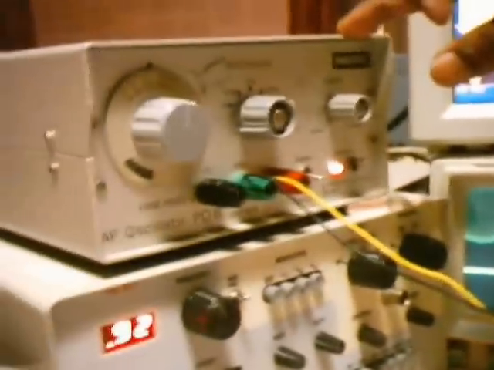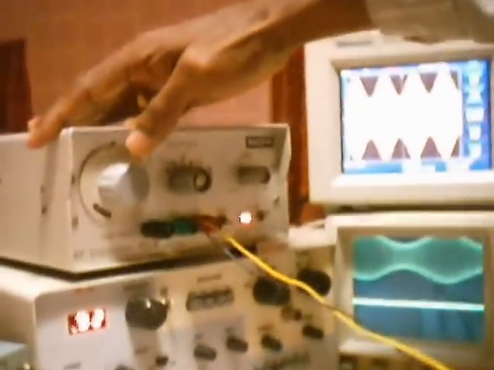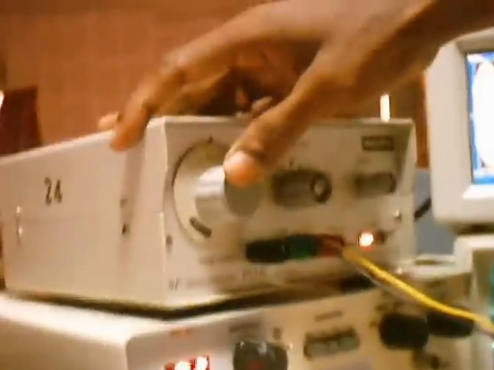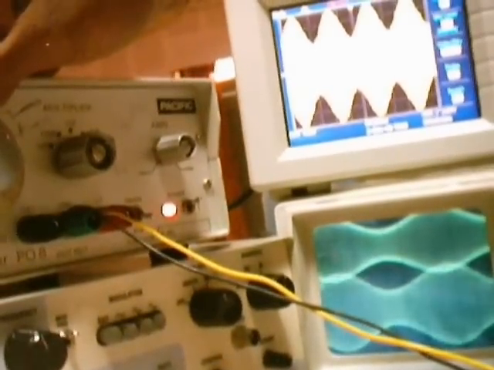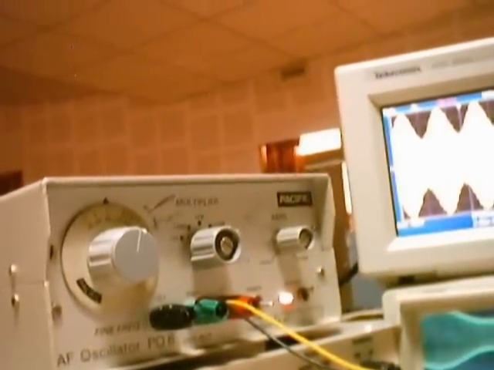You can see now the output is 0. Why is the output 0? Because my FLO is not the sum of FC in and the FIFT. Now I can again get back the output by adjusting the FLO, so that FLO is equal to the sum of 978 plus 400. So you can see I'll get back the output. I'm just increasing the carrier frequency. You can see I'm getting the output. Okay, we are getting the output waveform.